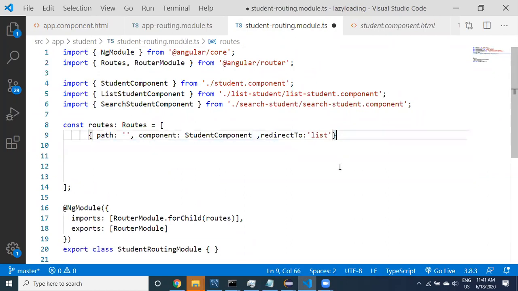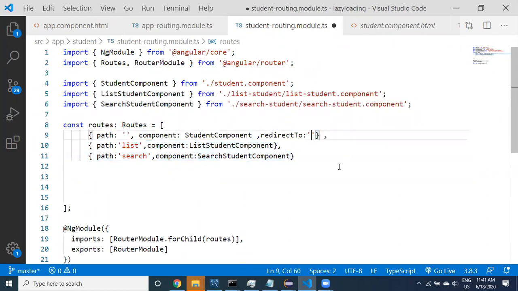First it was like this, right? And then we have provided it simply, directly, without providing children or anything. Even this, I have provided for testing purposes. This is simply blank, and then this is list, and then this is search. Whatever code we have provided initially, it is going to work properly. Let us look at it.